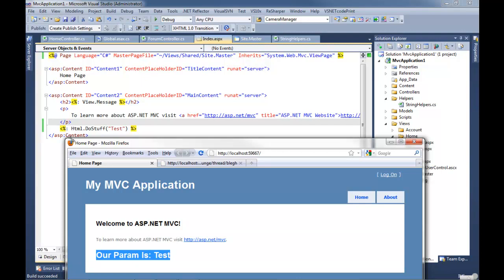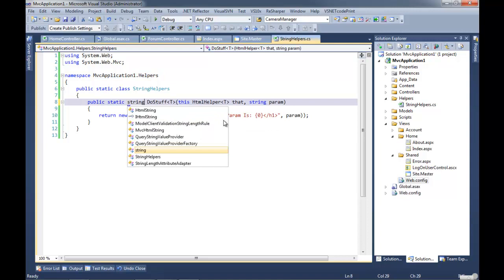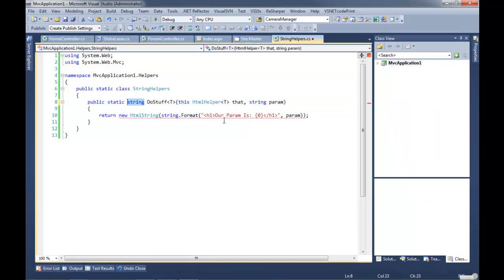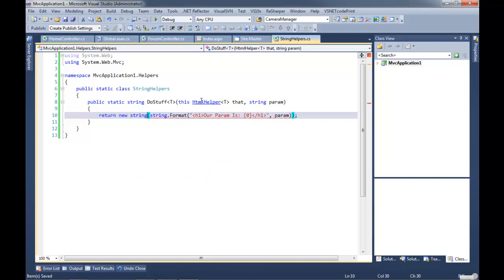Notice how it's in an H1, but wait a sec, I'm using the colon. So what's going on? You'll notice that I'm using an HTML string. I'm returning an HTML string. If I were to return a normal string, then it would just come out literally. Yep. Then you'd get that converted over. Yeah.